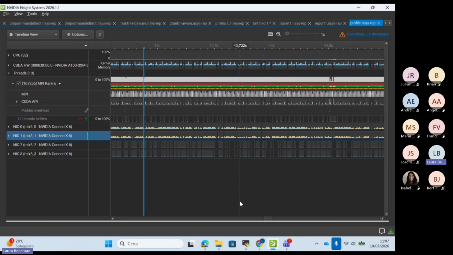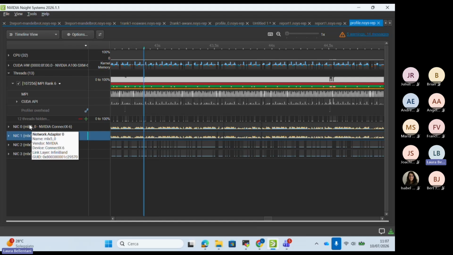If you know the time to solution, you can understand that maybe there is something wrong in the communication. But the fact that only 2 NICs over 4 were used was pretty silent. By looking at the timeline view of Nsight Systems, you can clearly see that only 2 NICs are utilized.